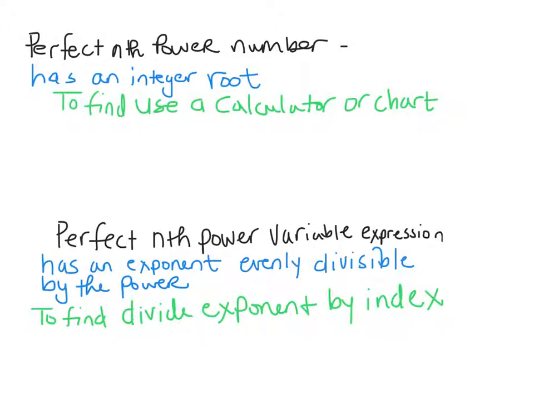Okay, when we start to simplify radical expressions, we need to take into consideration perfect powers, whether we have numbers or variable expressions. So I have here that a perfect nth power number is a number that has an integer root. And to find these, we're usually going to just use a chart, a list of perfect powers, or use your calculator. So let's say I have a situation like this, where I have the square root